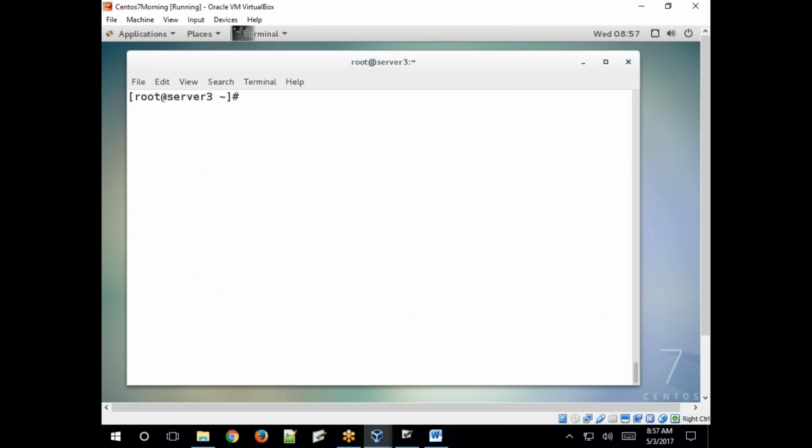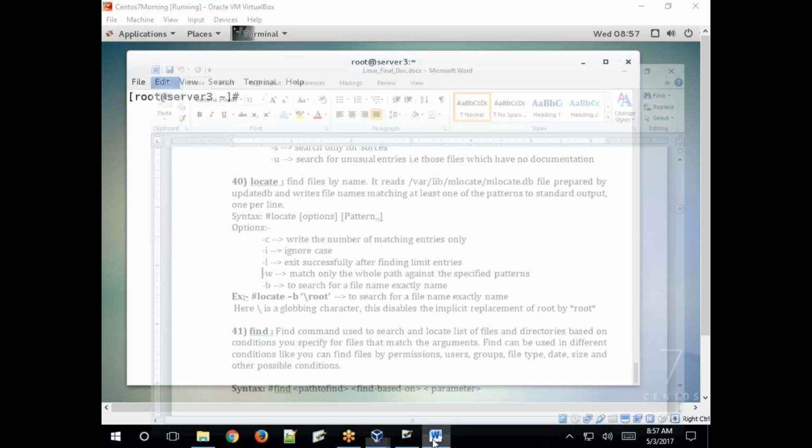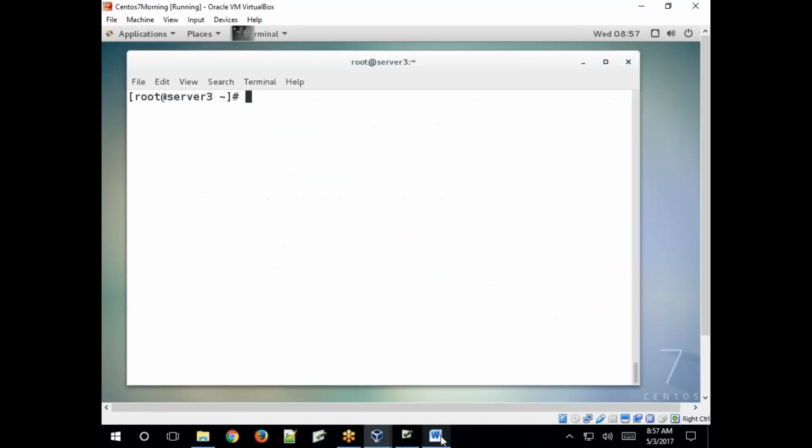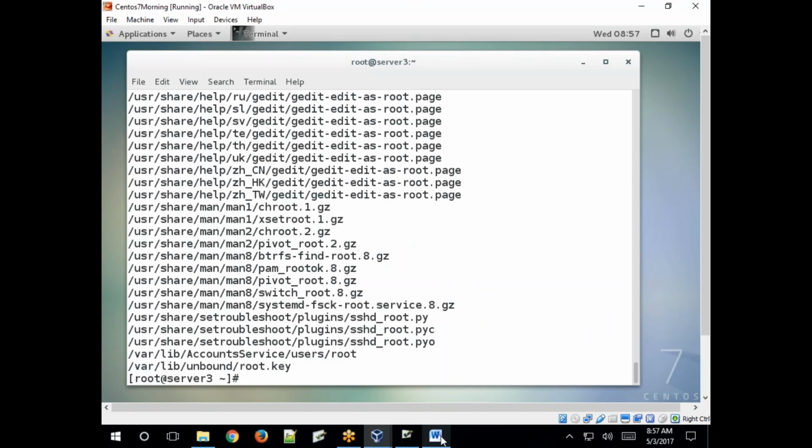Okay, next, what is that option? -b, to search for a file name exactly. To search for a file name, just specify the -b option. Only files are returned.